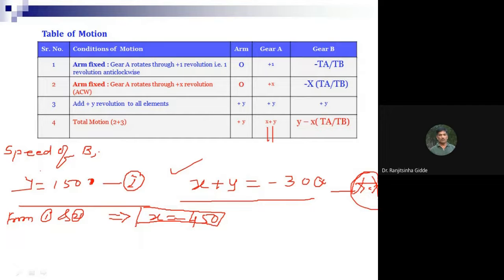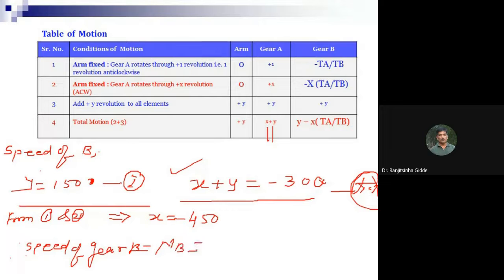Take these values of x and y and put them in the total motion of B. Then we will get the value of the speed of B. So we got the value of x and the value of y. Next step, right? Therefore, speed of gear B, NB, is equal to what is the total motion? y minus x